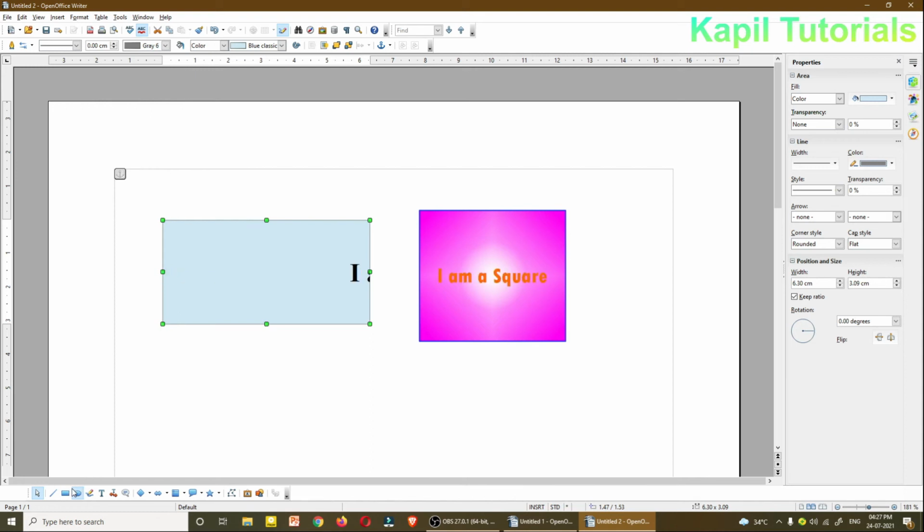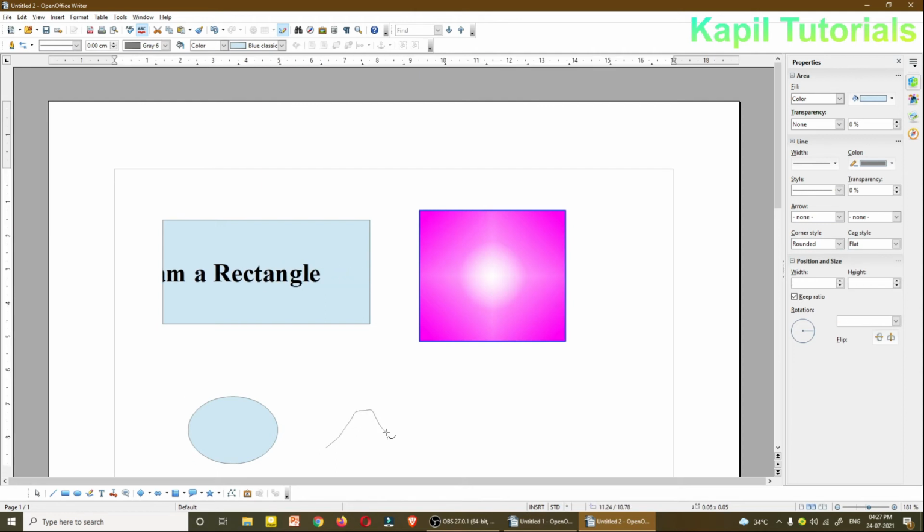Now coming to the next of the shapes, although the properties of the shapes are nearly the same, the next one is ellipse, making a circle, and then free form line. If you select this, you can make any kind of shape like this.